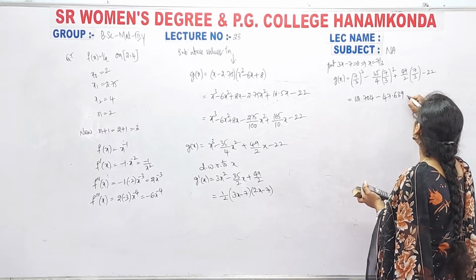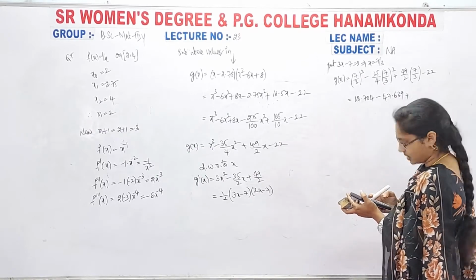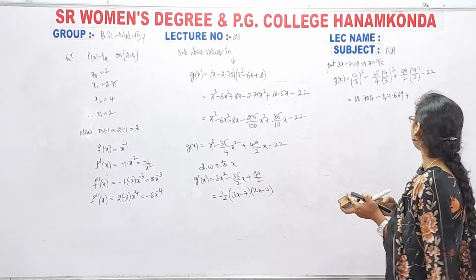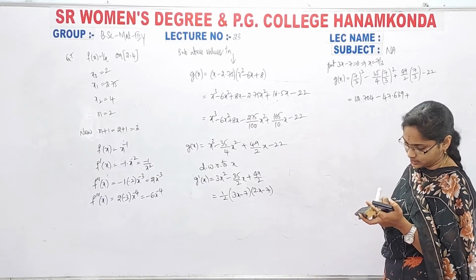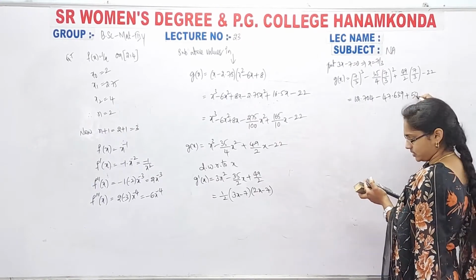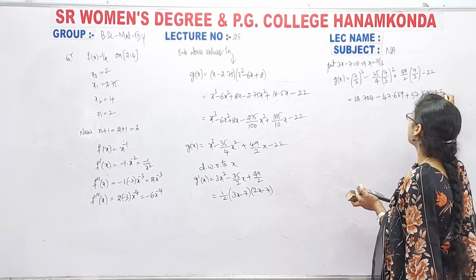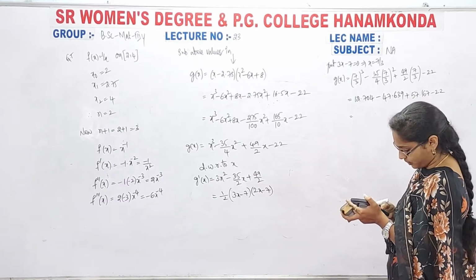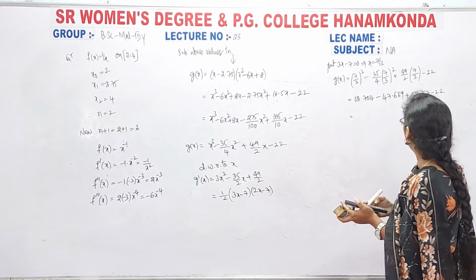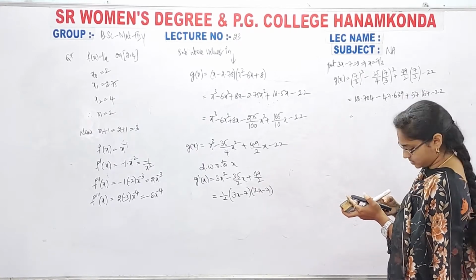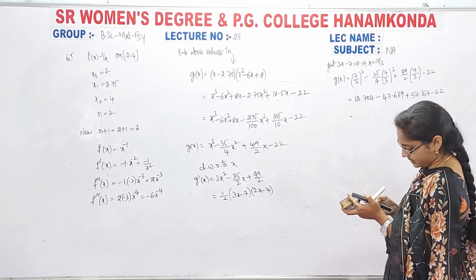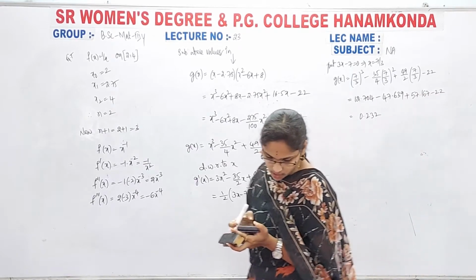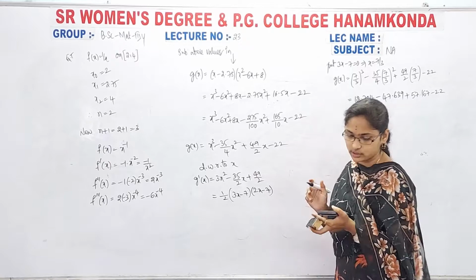So I am taking 9 x plus 49 divided by 2 equal to some value into open bracket 7 by 3, 7 by 3 close the bracket, 57.167 minus 22. Now 12.704 minus 47.639 plus 57.167 minus 22. So 0.232. Just I will check the value. They gave that. Yes. So our answer is correct.